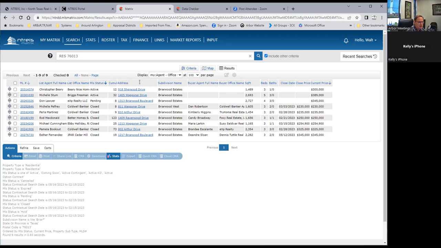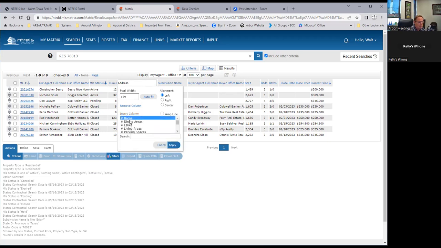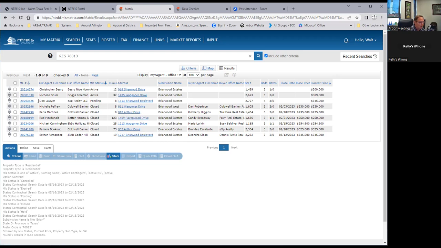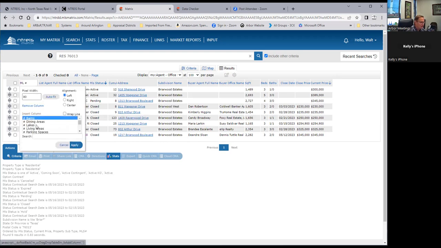And what you could do is you could actually click on it. If you left click on it, you could actually insert a column. And so if you insert a column, you could pick whatever you want from all the different fields to kind of make your fields better, make it what you're looking for. I've seen some people that they've come all the way over here and they've added